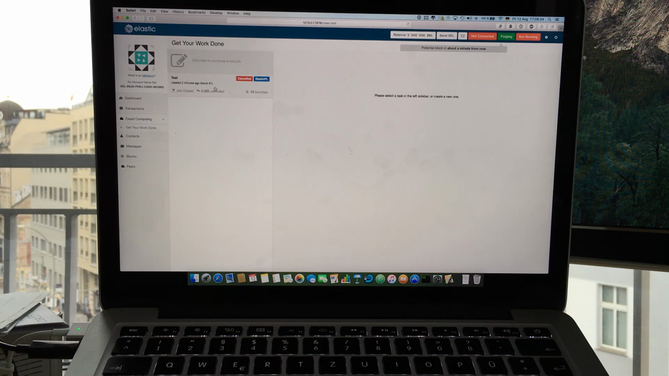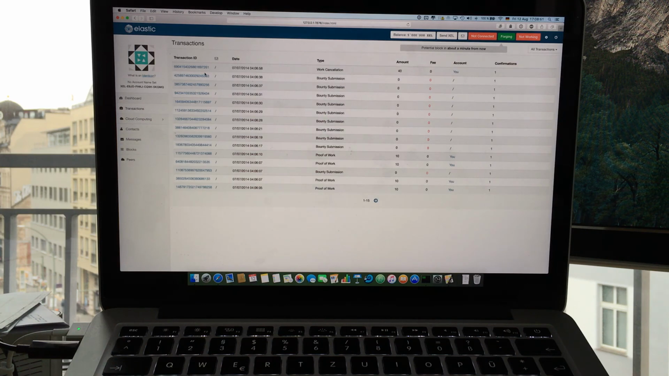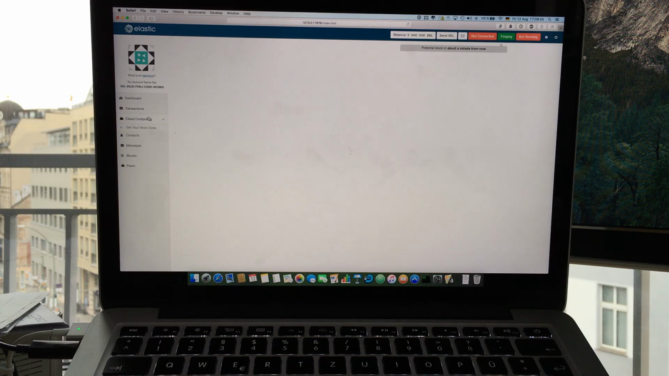This is basically it. It worked fine. I need to fix up some parts of the UI. It's a very small thing, but you see, because bounties have been already submitted, you cannot refund the bounty fund. So proof of work was drained, bounty fund was drained, and so on. So the work cancellation actually paid the bounty. Anyway,